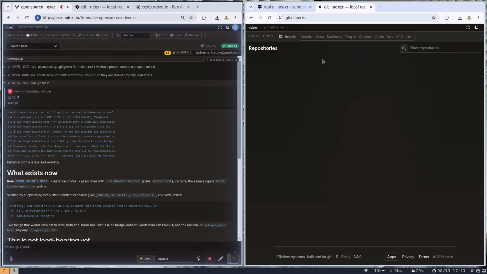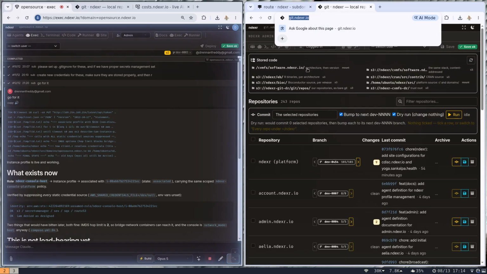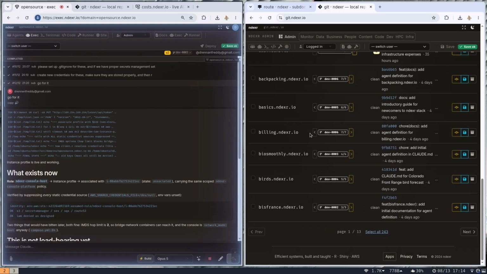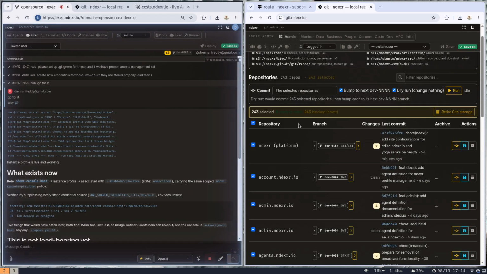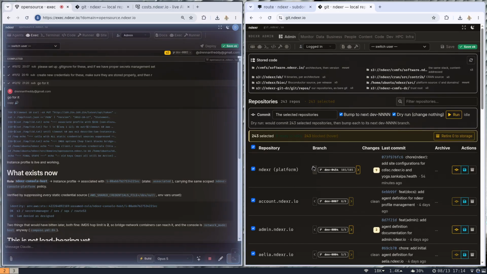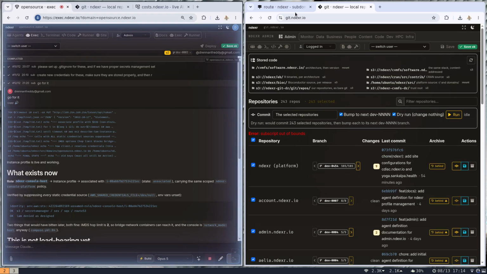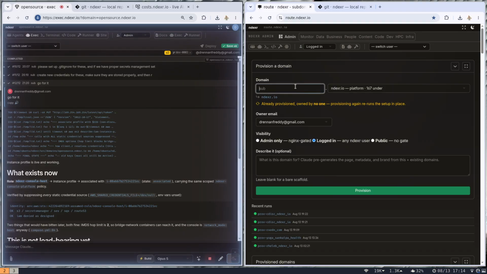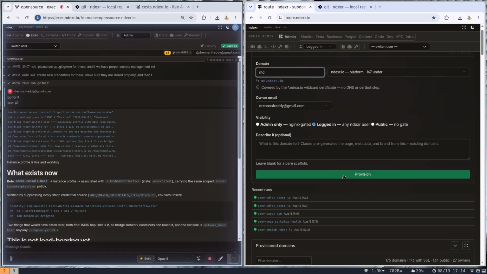Going a little bit further, you can see here git.ndexr.io. Again, Shiny module, but this one is to be able to do multi-repo management. Let's just create a new site, let's call it markdown.ndexr.io, and we'll hit provision. I'm going to stop the audio for the open source section,